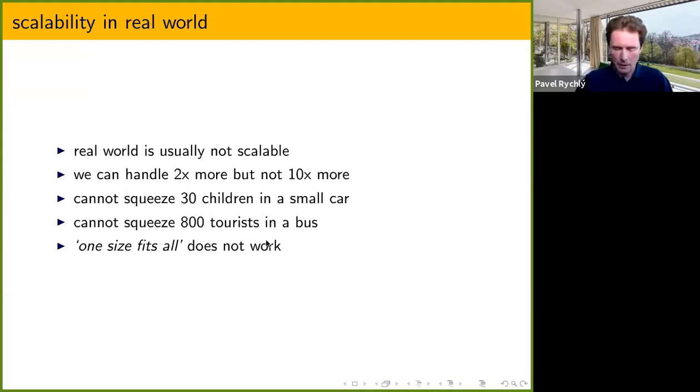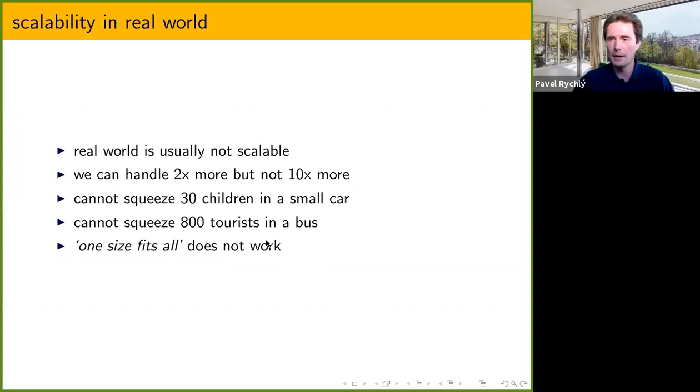For example, when we have a small car which we use for driving 3 children to school, it's possible, if you are brave, to squeeze, say, 6 children into a small car, but you cannot squeeze 30 children